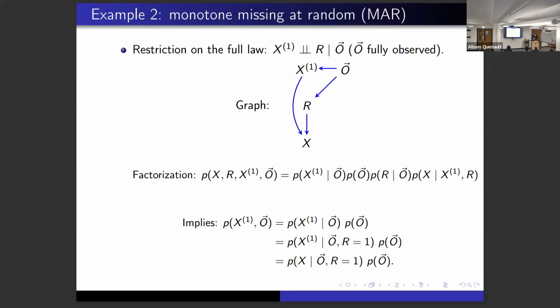So that's MCAR. MAR is complicated. I'm not going to get into all the kinds of nonsense you could get with MAR. I'm going to talk about single indicator monotone MAR. So I have a set of observed variables that are always observed, and I have one missing variable. Let's say it's like a missing outcome in a regression problem. And the outcome is missing based on some indicator that depends on the underlying variables. So that is a kind of MAR.